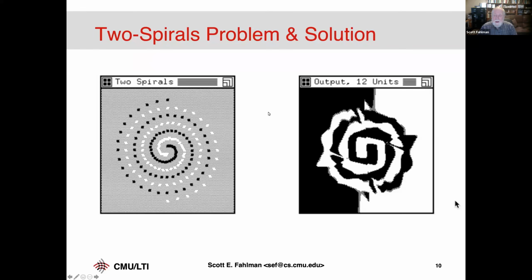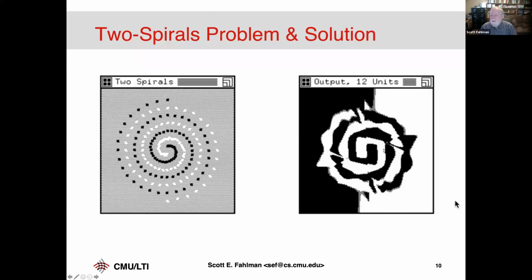And here's an output of one of the Cascor networks trained. It built 12 hidden units in this very simple space. And you can see that it's pretty much learned the spiral manifolds that are generating this. In fact, this was doing perfect on the training set. You can see that it's not generalizing perfectly. If there were a dot here, you'd want it to be white and it's black. Okay, so it's not perfectly smooth.